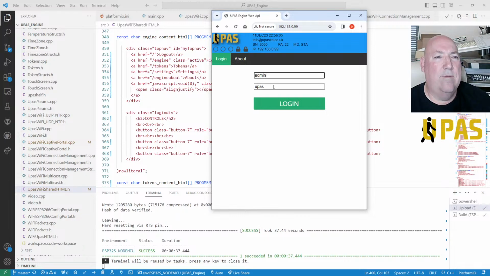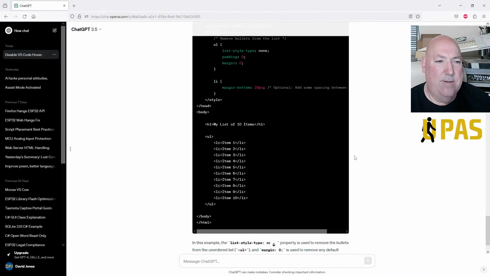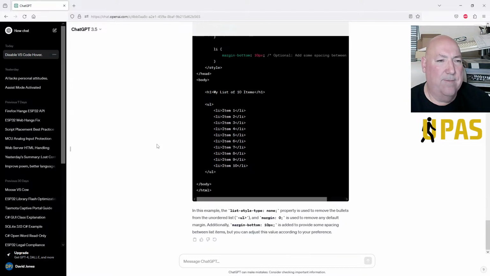We need to do basically the token lists. So let's ask. We need to give an example to ChatGPT of what we're trying to do.